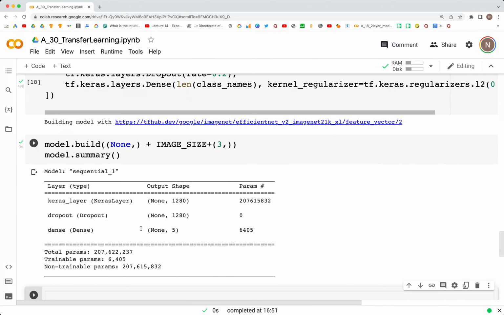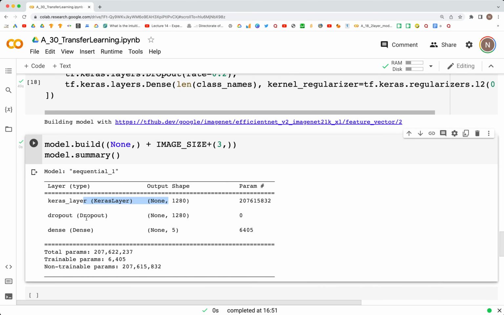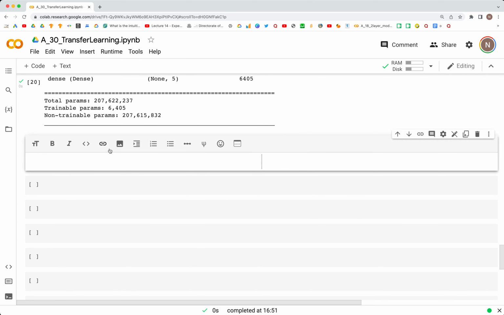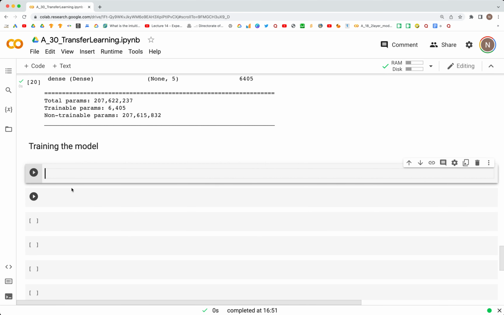Okay, so that's the model we have. We have the Keras layer here, then we have the dropout layer, and then we have the final dense layer. With the model now ready, we can compile and train. So let's do that. Here, let's create a heading called "Training the model", and here we'll compile